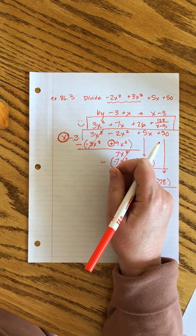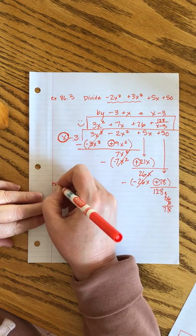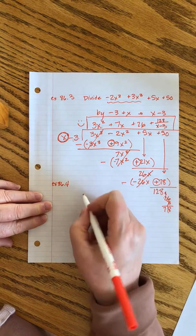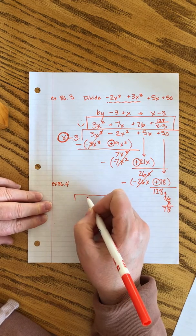Okay, we have two more, ladies and gentlemen. Let's go for it. Example 86.4. Okay, I look in the book. I know it's going to be like this. I know the first number is going to go in here, divide, and as I look at it, I realize it's